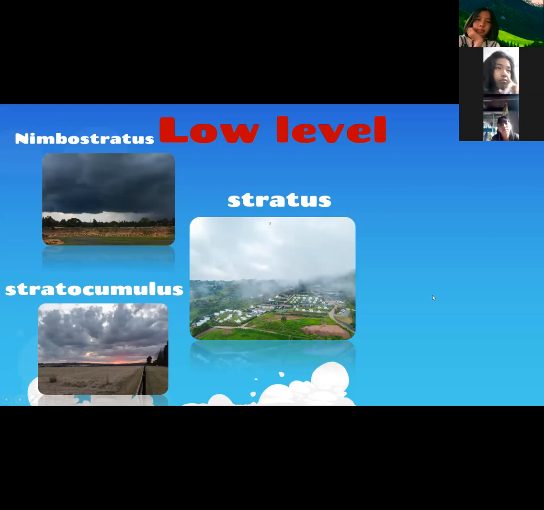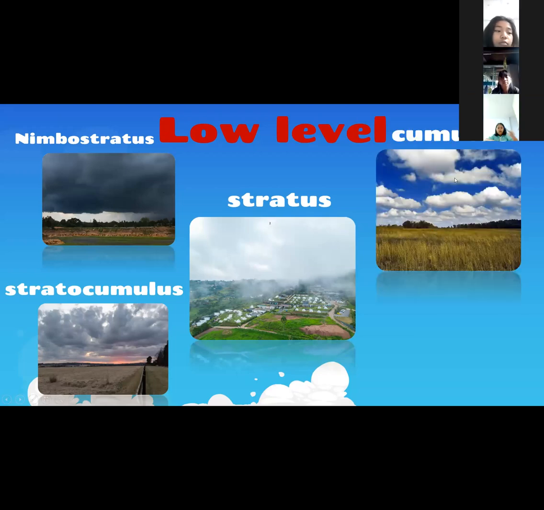Okay, so that is stratus. When you say stratus, it can touch the ground. Aside from that, we have the cumulus. When the weather is fine, we can see the cumulus. These are low altitude, fluffy clouds that sometimes look like pieces of floating cotton. What is cotton in Thai? Okay, very good. As you can see, they are like floating cotton, right? If the weather is fine and you can see the sun, we can also see the cumulus cloud.